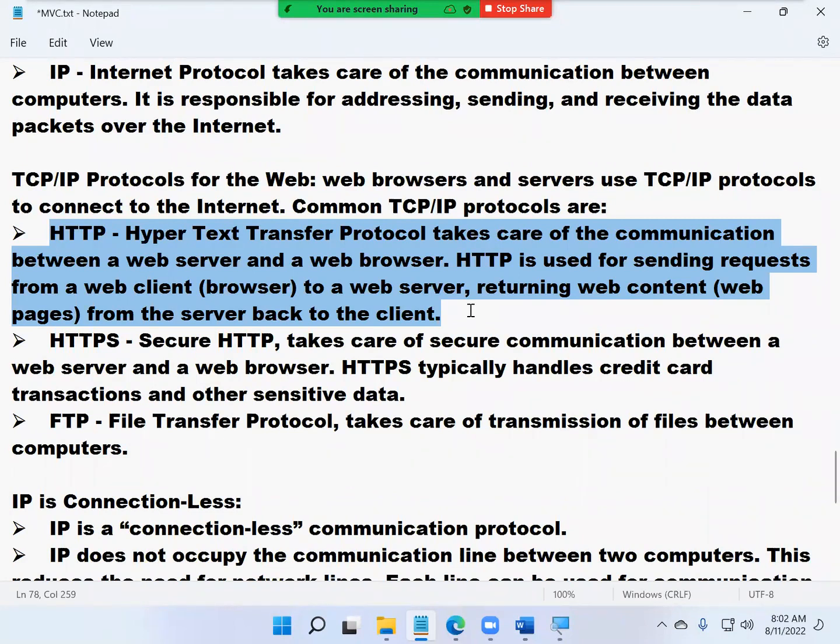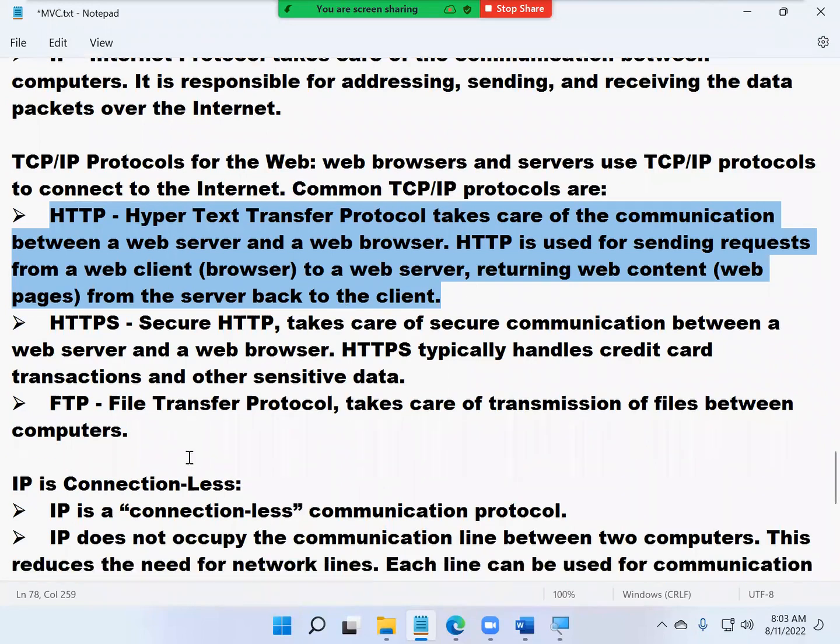Next we have FTP, which stands for File Transfer Protocol, and takes care of transmission of files between computers. The FTP is basically responsible for transmission of files from one machine to another machine. For transporting the files from one machine to another machine, this FTP will be responsible. These are some common protocols that are designed for internet.